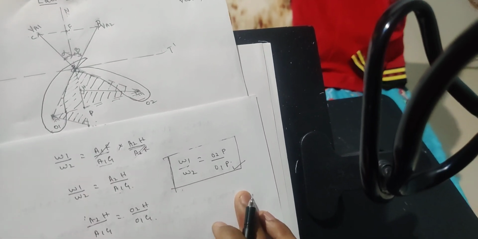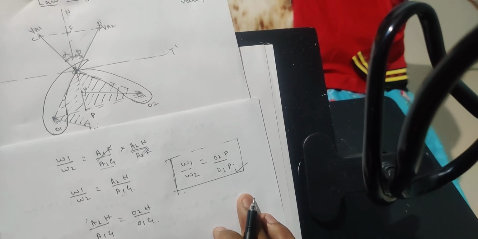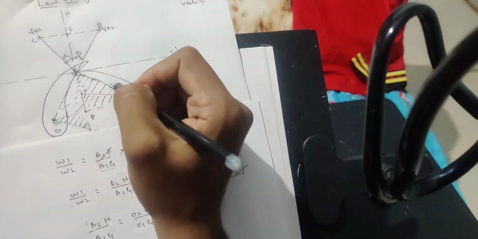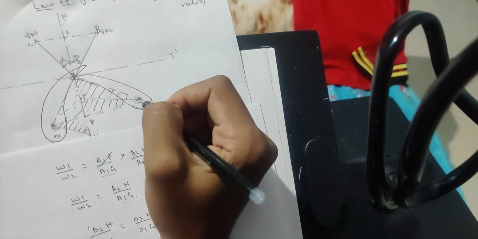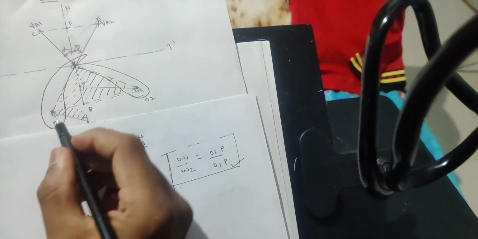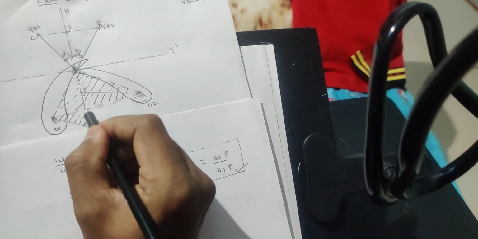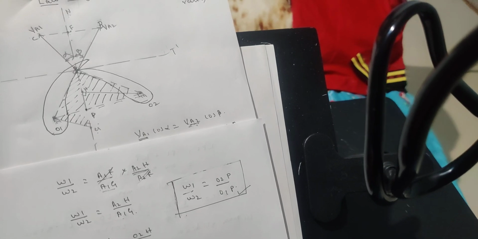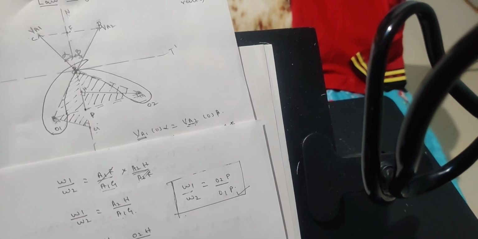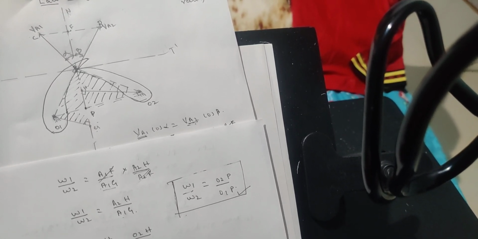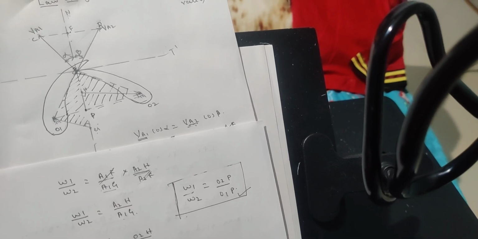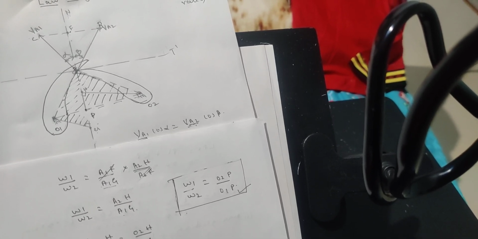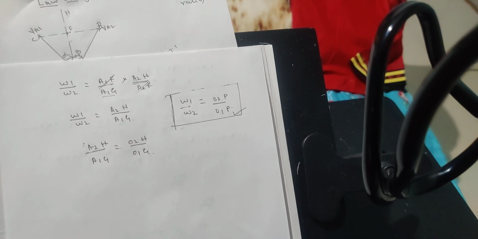So this is called the law of Gearing. The law of Gearing says that whenever two bodies come in contact, whenever I draw an axis and pass the normal to that, the point where it cuts the line of centers will be the pitch point. This is only applicable to constant velocity ratios. I hope you got this law of Gearing. Okay, thank you.